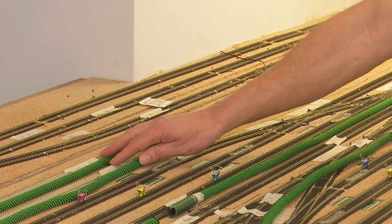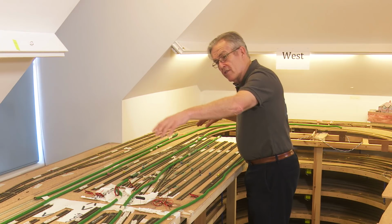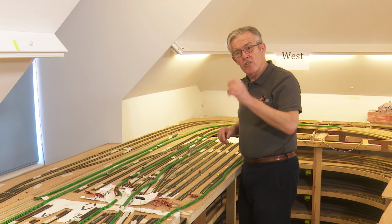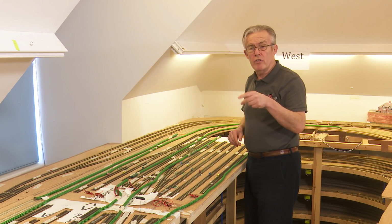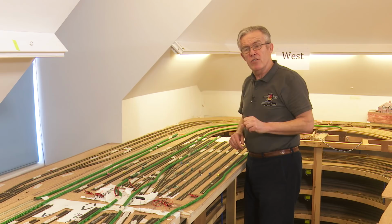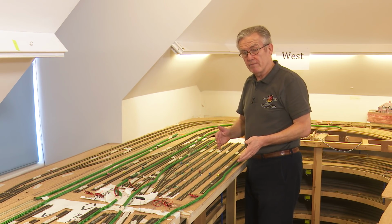So 2 main lines, we split the arrival departure zone tracks into 2 zones, so that's 4. The east and west yards is 5 and 6, the engine shed 7, and that odd one I talked about, we converted into an auto reverser, which with the PM42s you can just dictate what they do, for the turntable in the engine shed, and that makes 8, which uses 2 PM42 boards. Now,